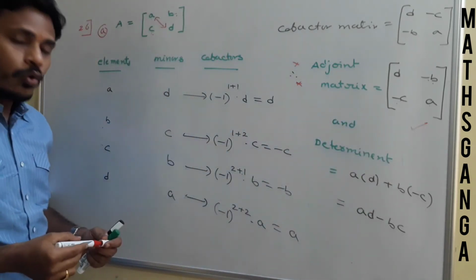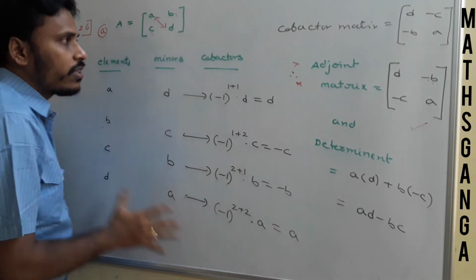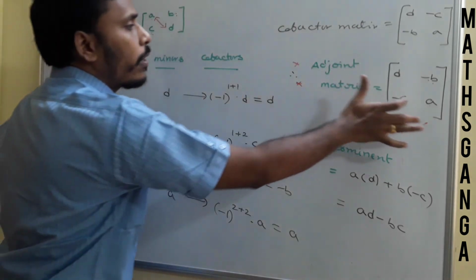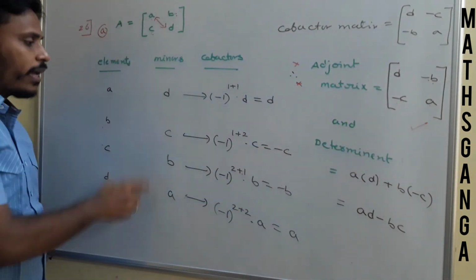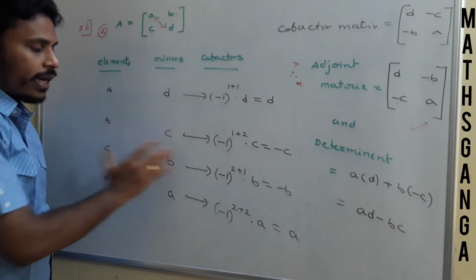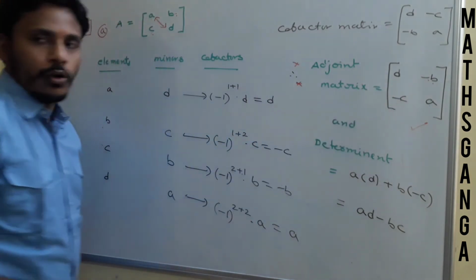At the end, to write the adjoint matrix for a 2 by 2 matrix, all this discussion is not needed, right? Directly you will write the adjoint by using this as a formula. Making this table is not needed, so leave writing this table every time. Just try to write the adjoint by this logic.